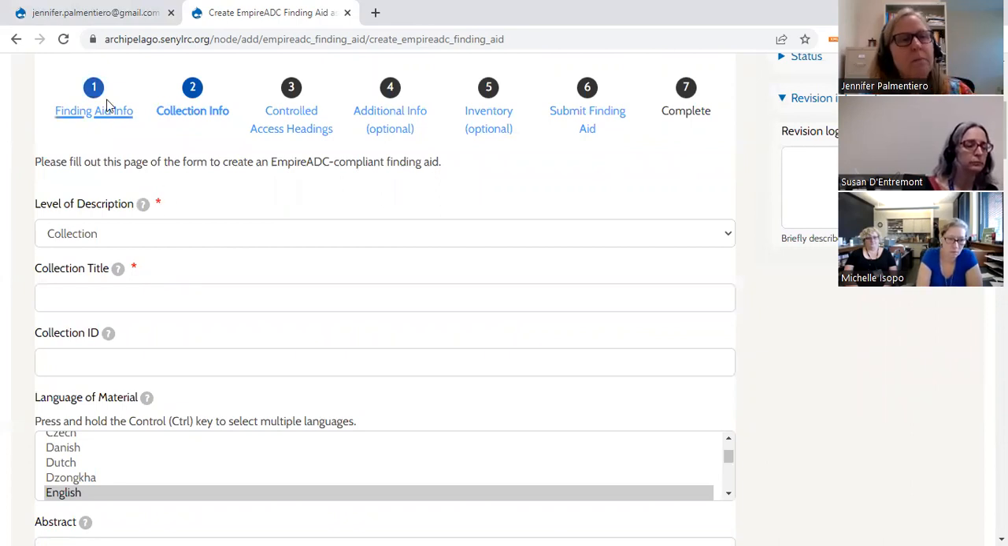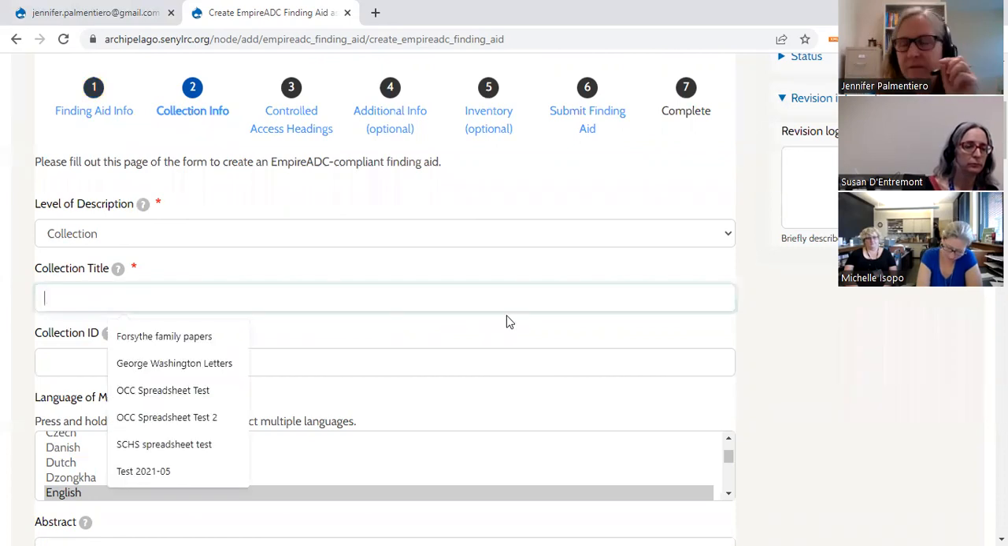And then I think there's one on page 1, maybe the publisher information, which is pre-populated for you. Okay, so essentially, once you're on page 2 and you give the collection a title, you can fully save the finding aid, and then it goes into your My Content page. Okay,